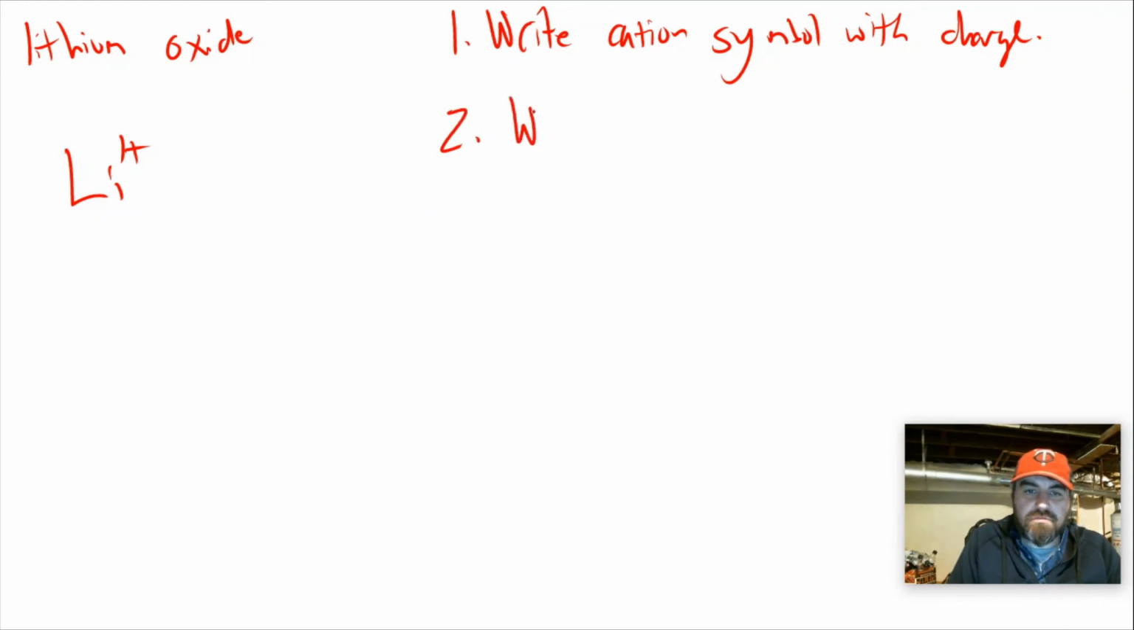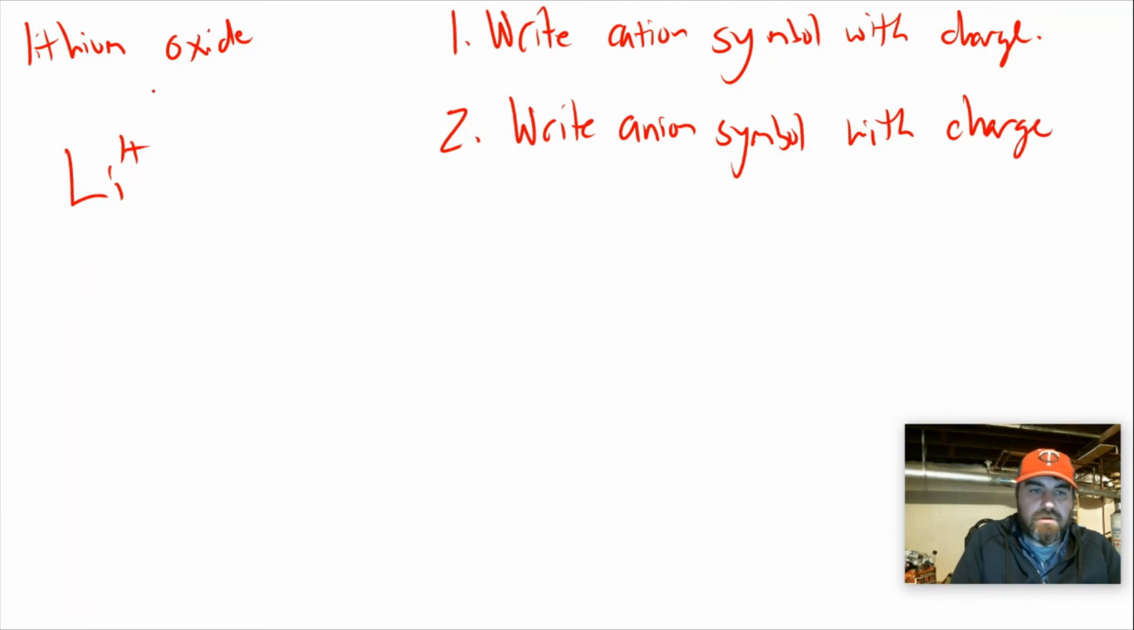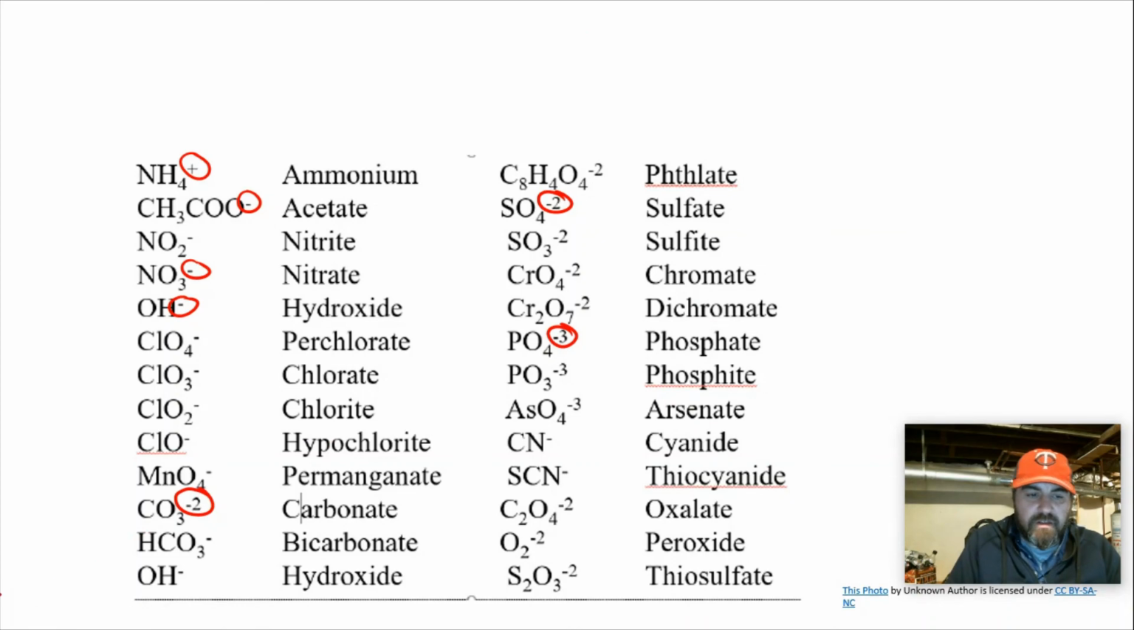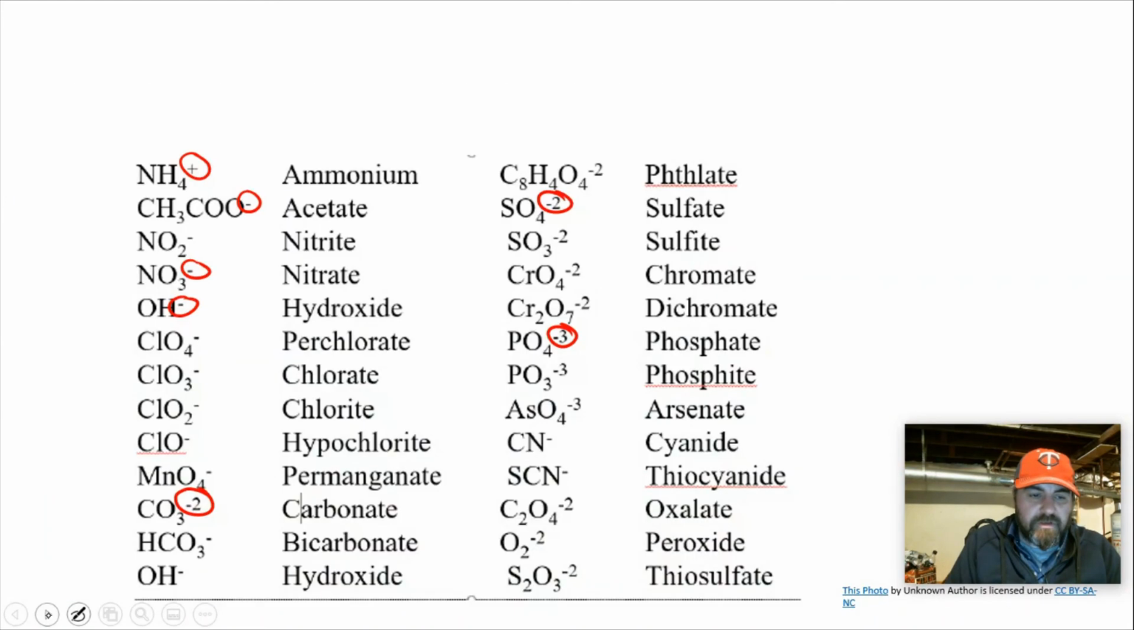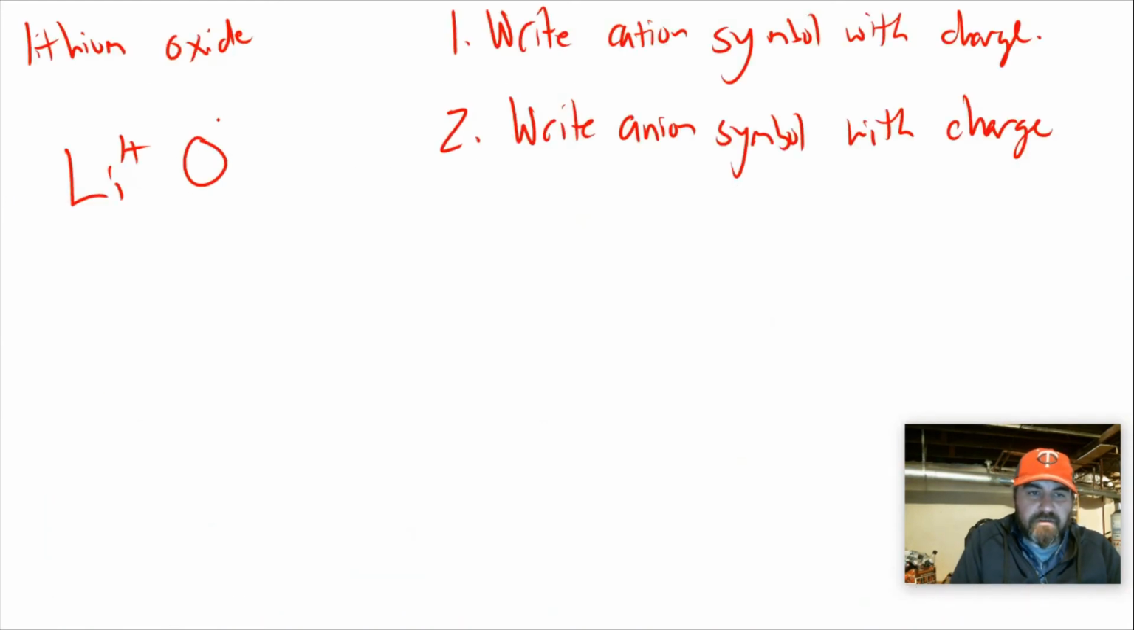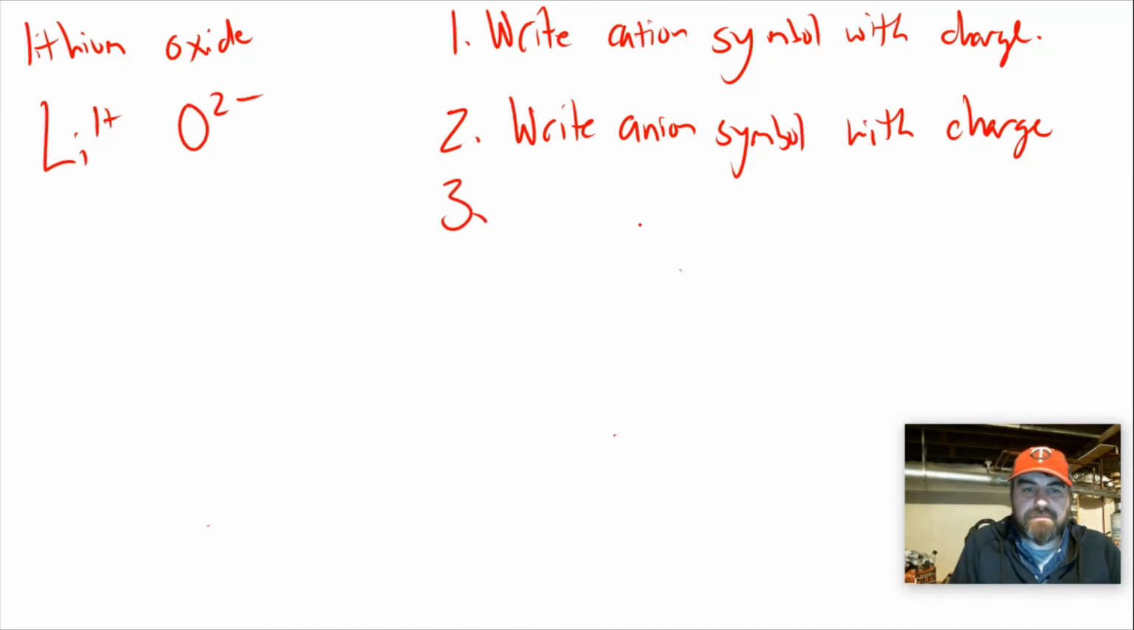Step 2: write the anion symbol with the charge. Oxide is oxygen. Oxygen is in group 6, so it's -2. So we're going to write it like this. Step 3: make the charges add up to 0